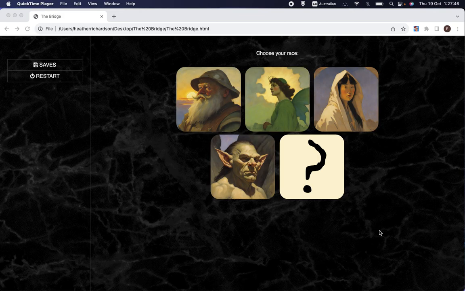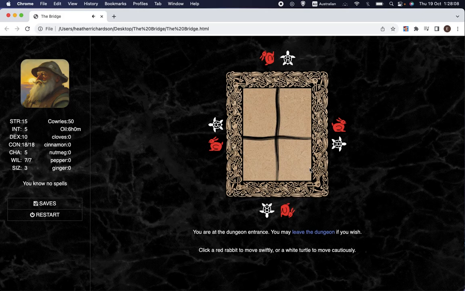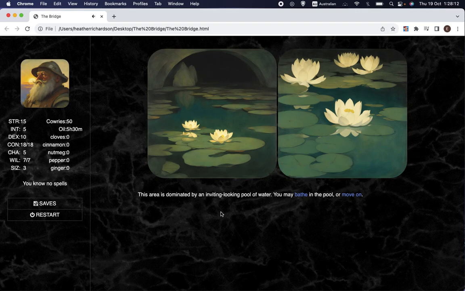What I've done is I've set it up so that there's a default background sound, which is the one that we saw a couple of videos ago, but then a couple of special locations have their own sound, which will come up when you get to that location, and then it goes back to the default sound when you leave that location. So first of all, let's look at how that works in play. So we can hear the default soundtrack, and then we got to this special location of the pool,